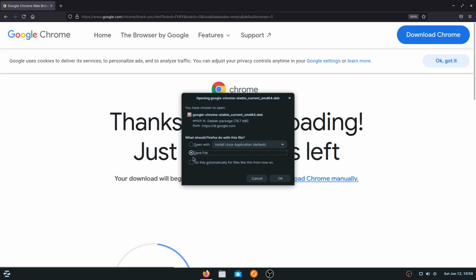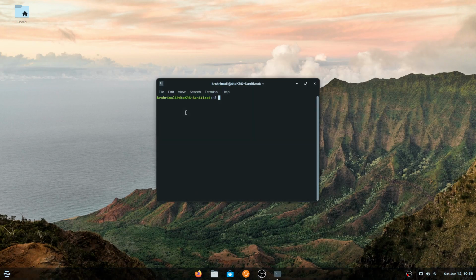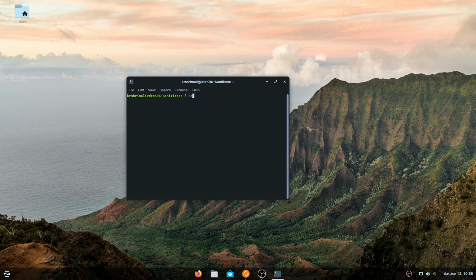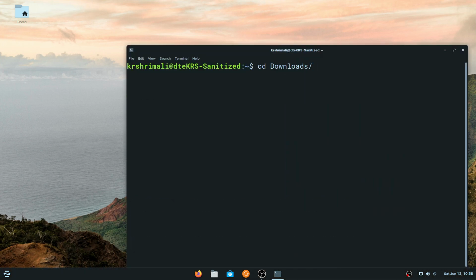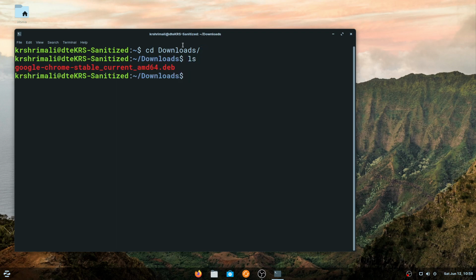I would prefer to go the terminal way and try to save the file first, in case you want to come back later. So you can see it has been downloaded. My net is pretty fast, yay. And all you need to do now is open terminal, right, and go to downloads directory. So you can see what I'm trying to do here. I'm trying to go cd downloads. Cd means change directory, space, you can type downloads, because that is where things will be downloaded. If you hit enter, ls lists files in that current directory, right? And you can see that this has been downloaded, and it says stable current amd64, yes, 64-bit, right?